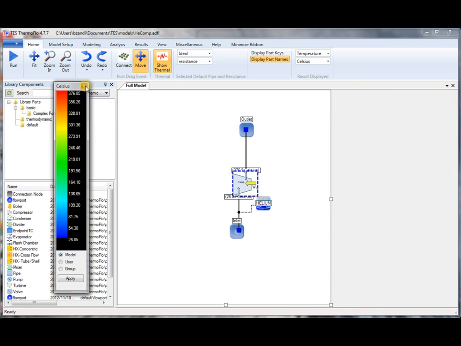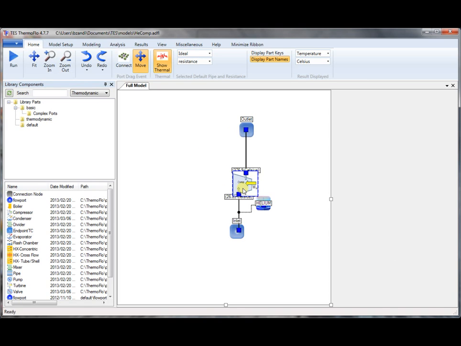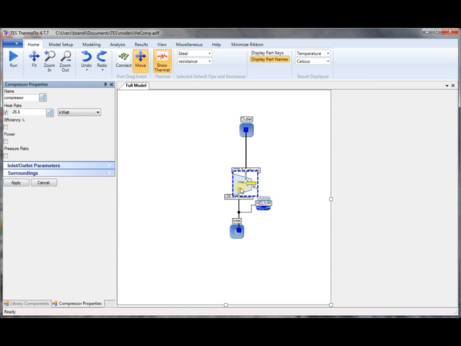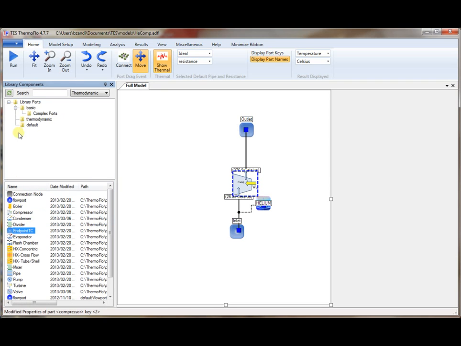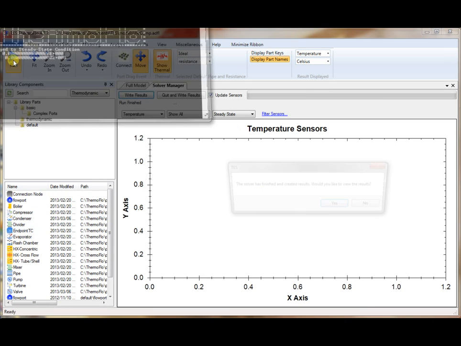Now let's say we wanted to include kinetic energy. So double click on the compressor and we go to the inlet and outlet conditions and we just enter the area. Let's say 0.5 meters squared. Now there is enough information to calculate the velocity, so kinetic energy will be included. You run again,